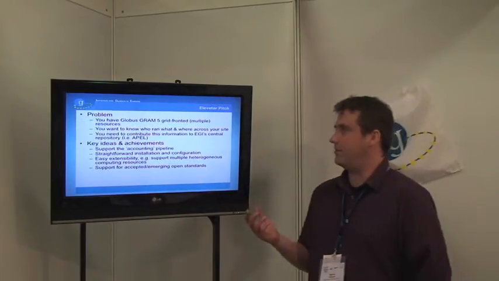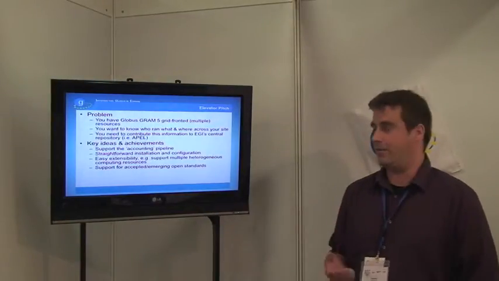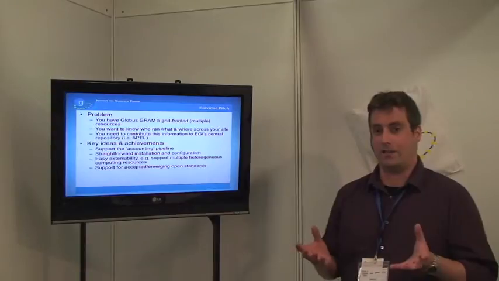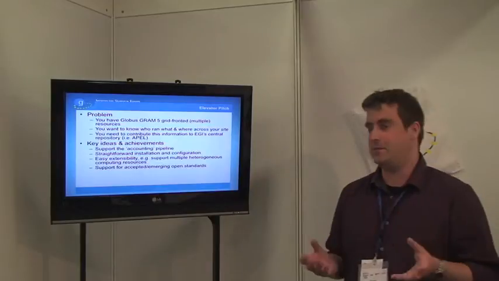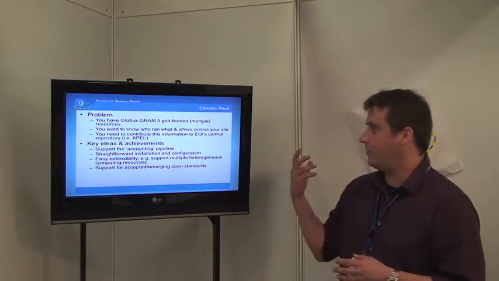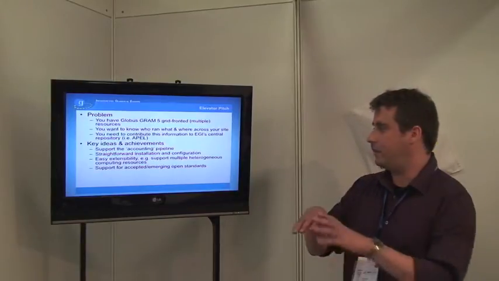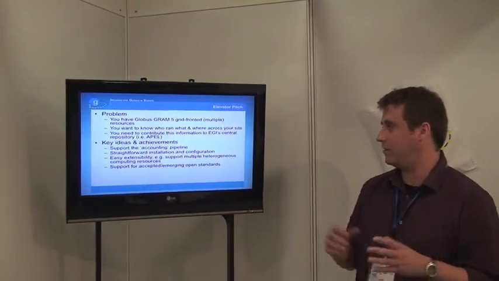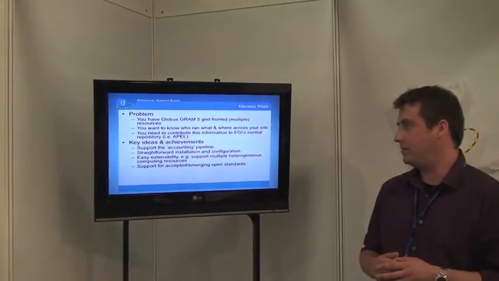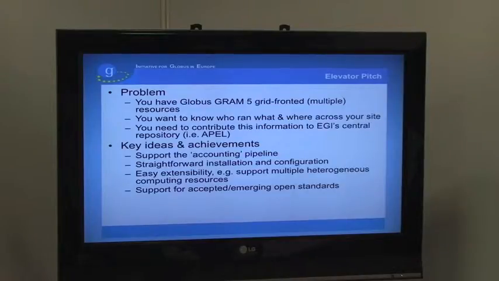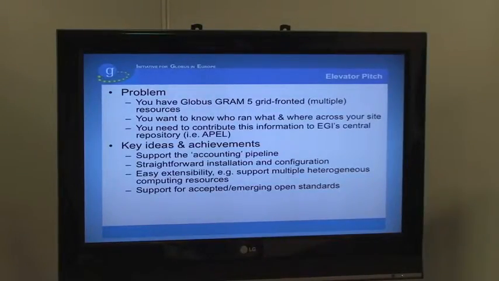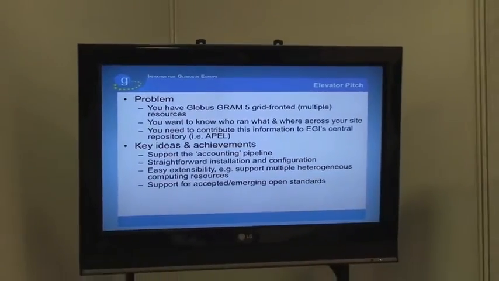So the problem that Gridsafe tries to solve is, basically, you have a Globus GRAM 5 installation. This is a compute cluster sitting somewhere with Globus sitting on top of it. But you want to be able to find out how your system is being used, in a user-friendly and site-based way of finding out what's going on across your resources. And perhaps you also need to contribute this information into EGI's central repository, the APEL central repository. This could be important if you're a member of the EGI infrastructure and you have Globus-based resources that are part of EGI, and you want to account for those at the highest level of